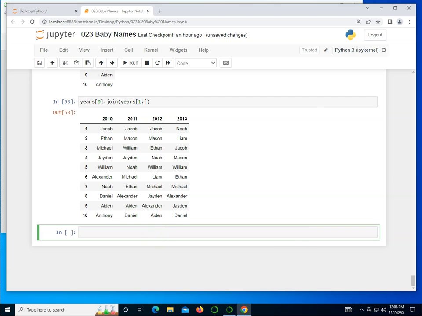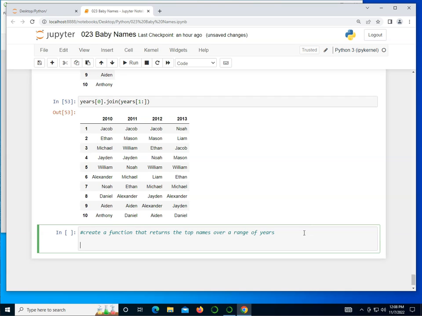So now that we have this, let's go ahead and create, now we know how to do this, a function that returns the top names over a range of years. When I teach this to my graduate students, I tell them, experiment with the things, and then you can create a function so you don't have to keep writing it over and over. So top names range, good name for it. Let's go ahead, we pass to it sex, year start, year end,